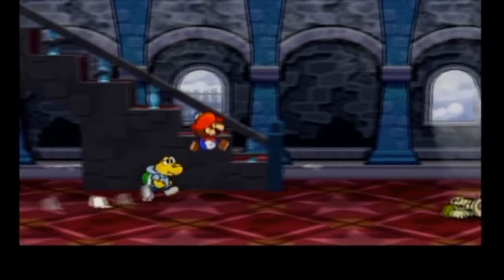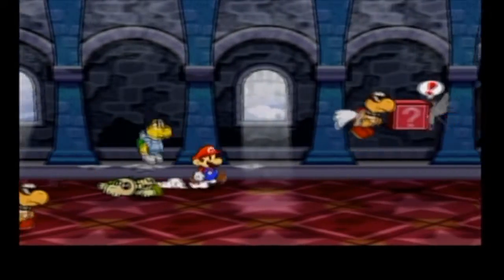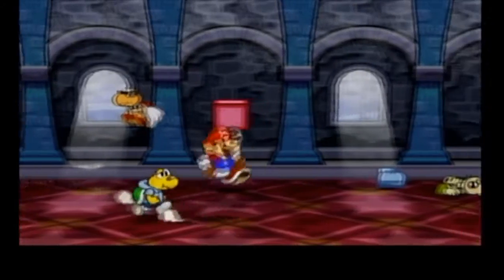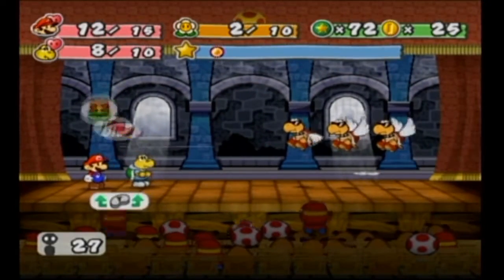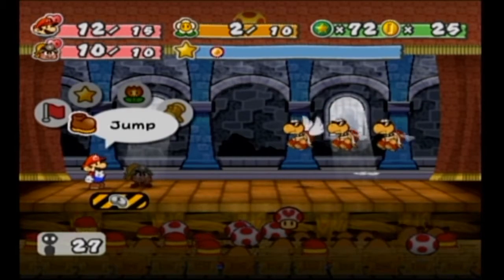Lots of dry bones, that's not creepy at all. And we got a couple Koopas. We will dodge them to the best of our ability. And, ow. Okay, this is Power Bounce. It's really broken. That's all I'm gonna say about it. Okay, Power Bounce is broken, but I'm not gonna get into why for a little bit. Also, that guy's throwing a...